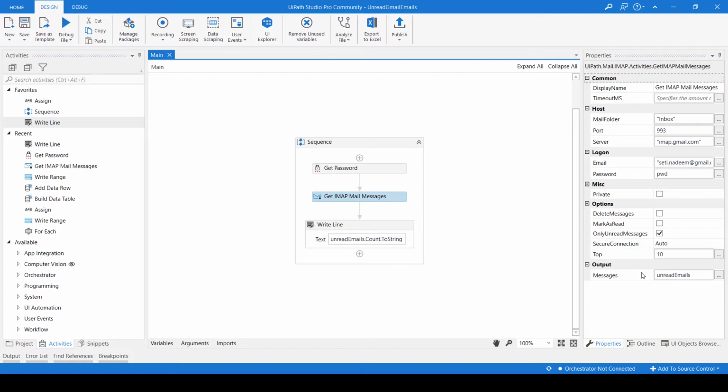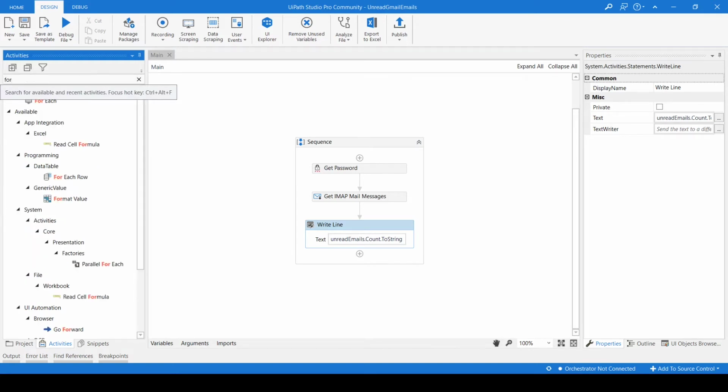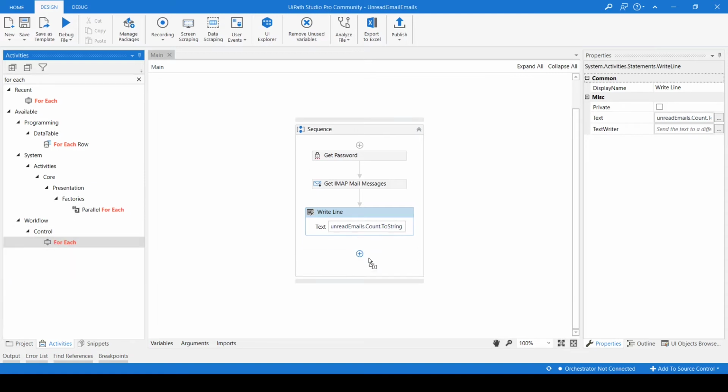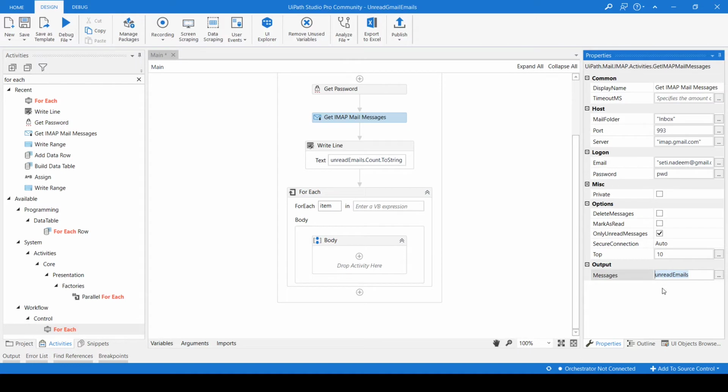So first of all, we need to get one email, and we can read emails one by one by using a loop. We need to iterate. For that we can use a For Each loop, to iterate the values, iterate the emails. So for that we can pass the email variable that we have stored, the unread emails variable, because this is a list type of emails. The emails we have stored into the list variable.